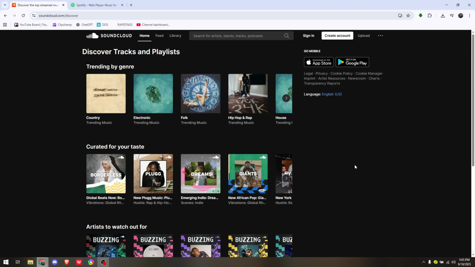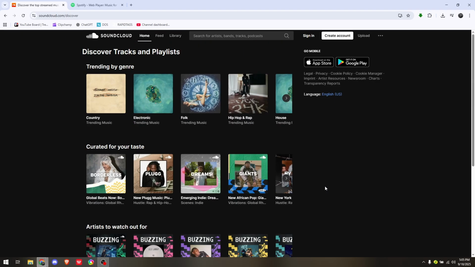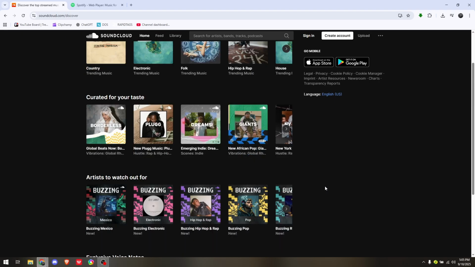How to add SoundCloud songs to Spotify. Now, this whole process is very basic and very easy to follow. Of course, the very first thing that you want to do is access SoundCloud, and in here, you just have